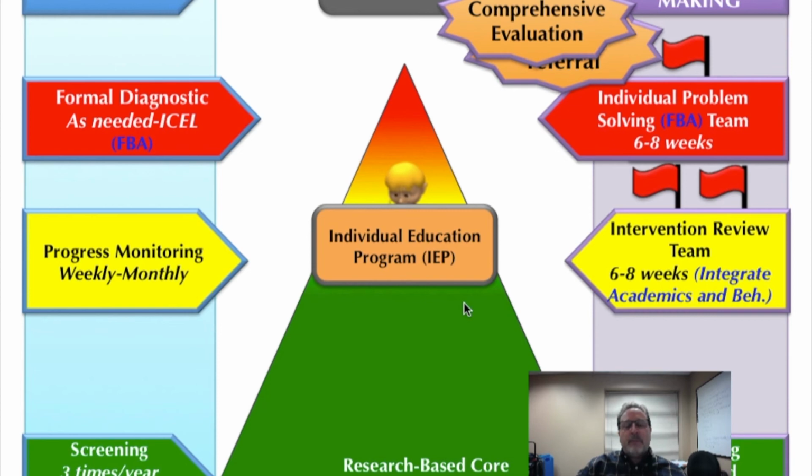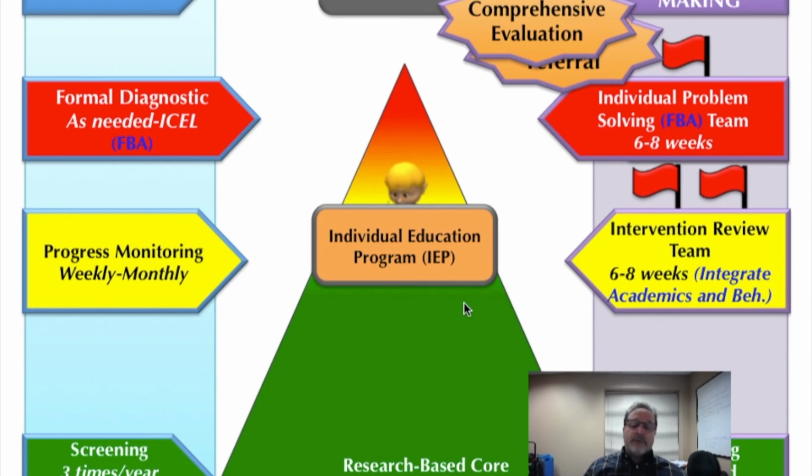Far too often people silo kids that are on IEPs, and that absolutely should not be the case. Those students, every bit as much as, and obviously in many cases more so, need to be in that system that's providing an ongoing look at their progress, an ongoing analysis of whether or not their needs are being met, and they need to have access to all the resources in that system.